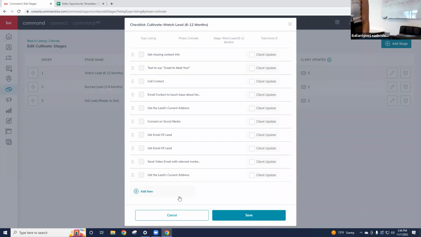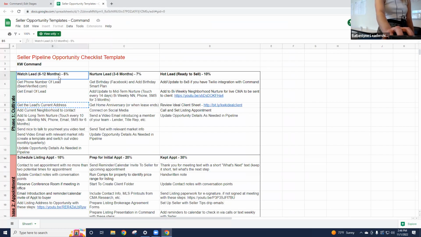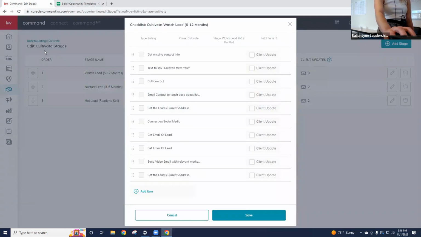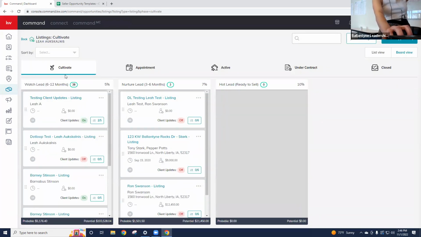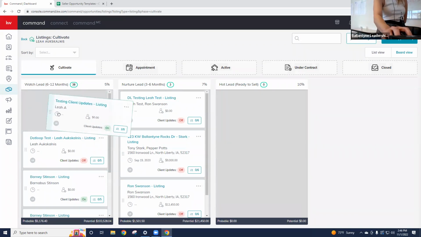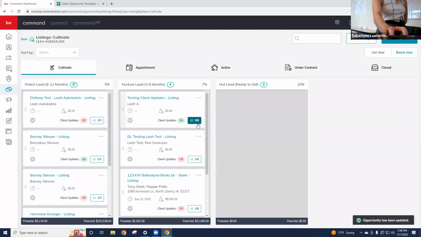And I'm going to come around and help you guys, but just so you know what your long-term goal is. Technically, each of these phases has 3 stages. So this is the cultivate stage, but there are 3 different stages. Let me show you this from here. Since there's a cultivate phase but 3 different stages, that checklist will update as you pull it along here. So once I update it to here, you'll see that checklist updates